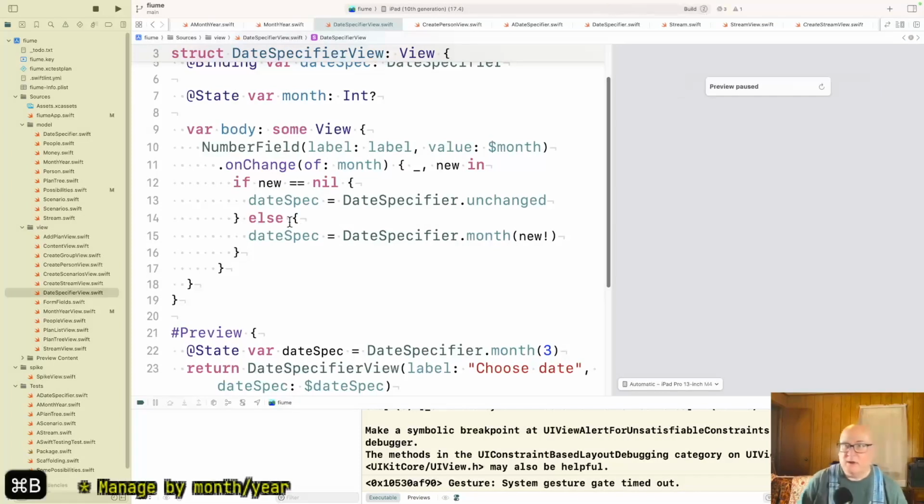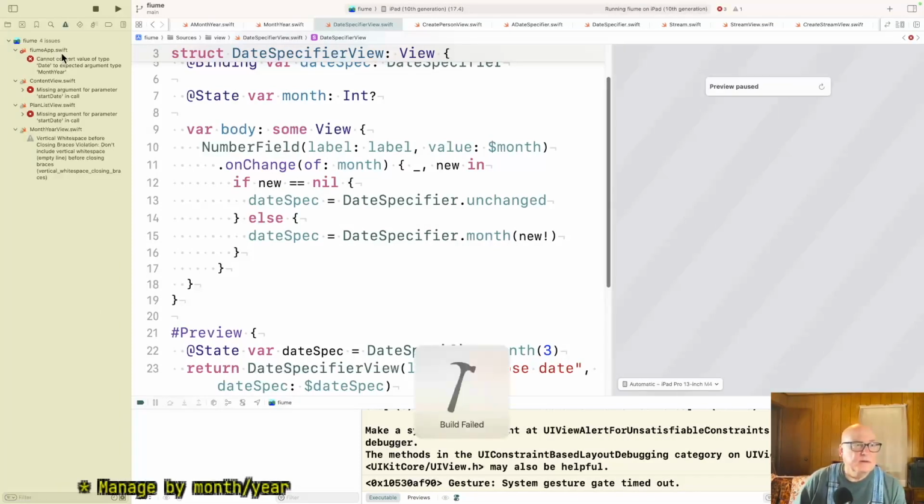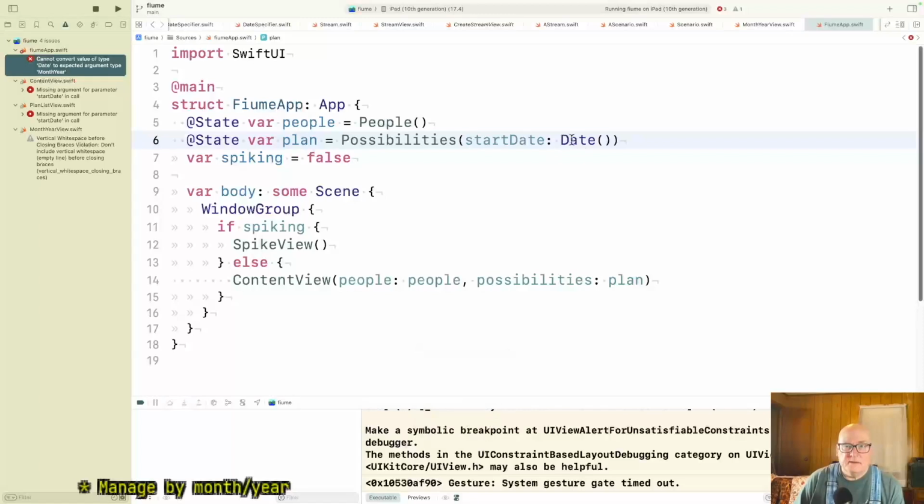But I think, am I having a build problem? Start date.